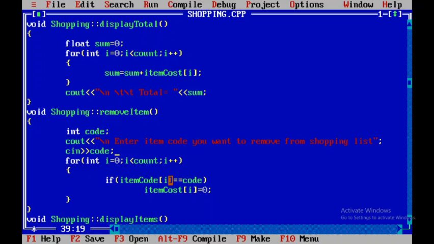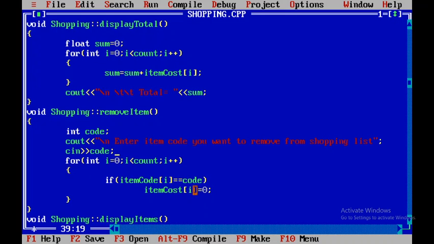So every atom code is checked over here, and if it matches our code, considering the value of code is 3 here, then when it gets matched, that atom cost we want to remove from our shopping list. Once the cost gets removed, automatically our total will get reduced. So for the atom we want to cancel or remove, we will make its cost 0.